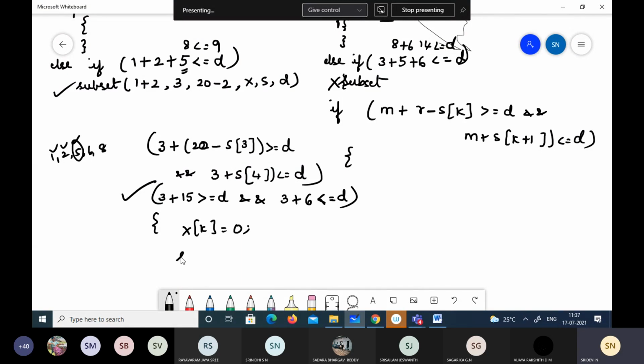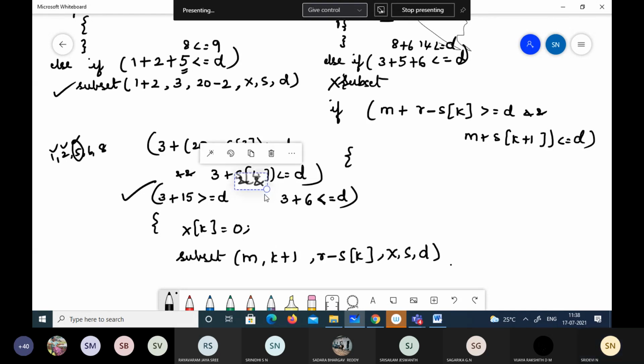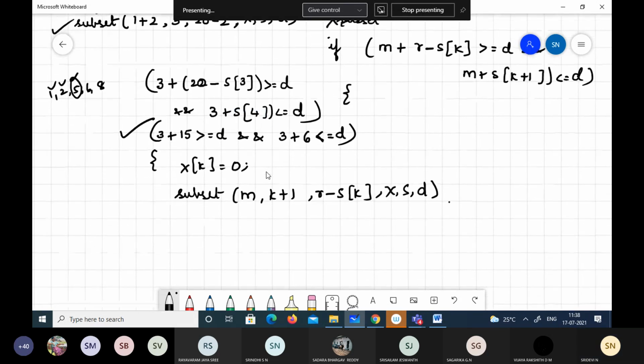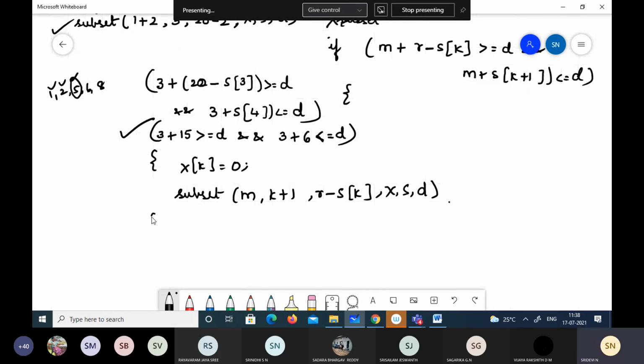Now I'll send the fourth number here. M, k plus 1. K is 3, though it becomes 4. And then I'll send. I should remove that third value from this already whatever sum we have. So I am removing that third value and passing the solution vector. Now what happens? The subset function is called again. Okay. Now M value. What is M value? 3.